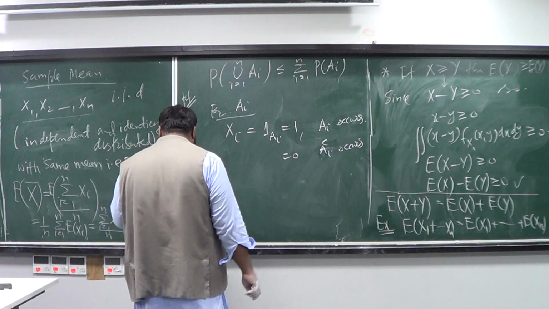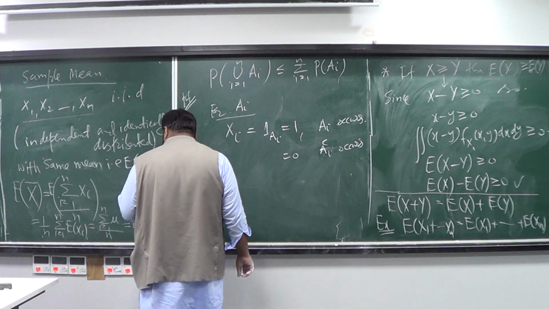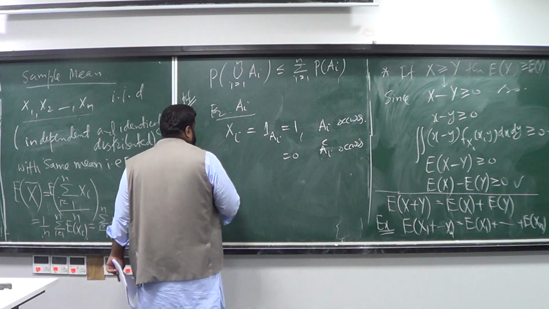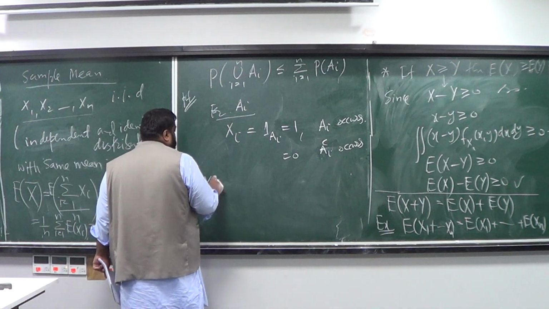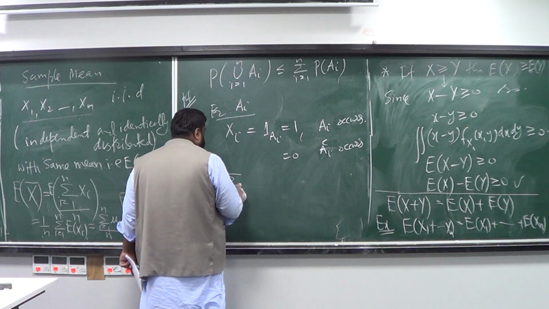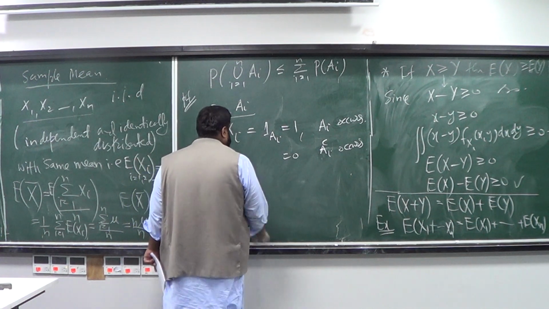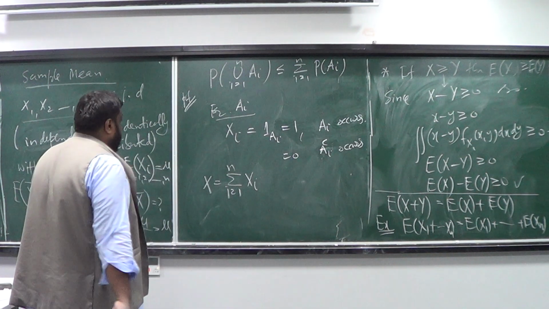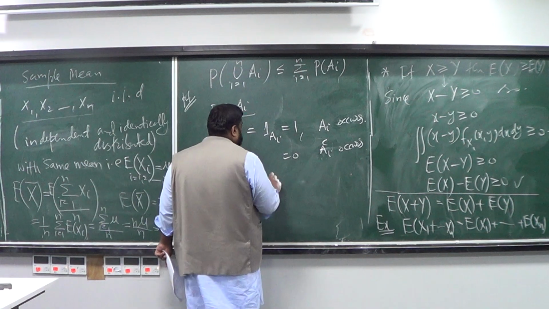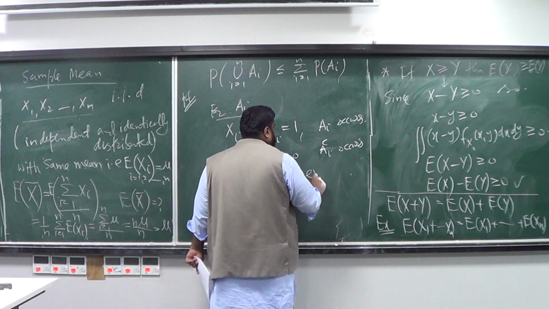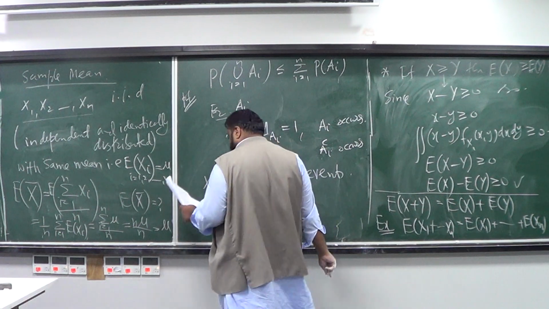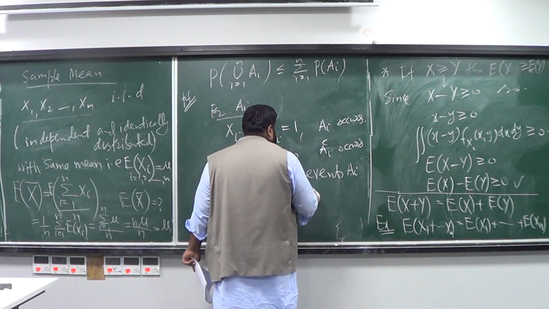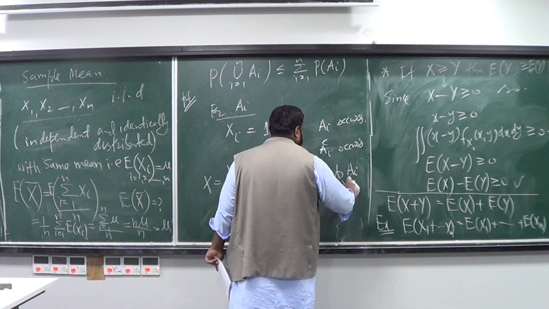Now let's denote x as the sum of these xi, i equal to 1 to n. So x can be interpreted as the number of events A_i that occur. What values